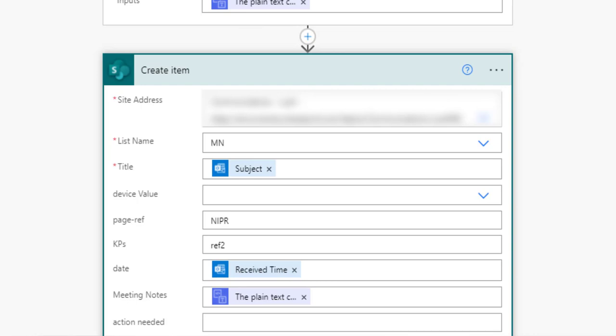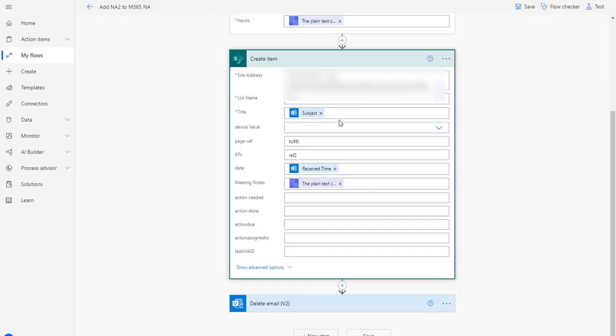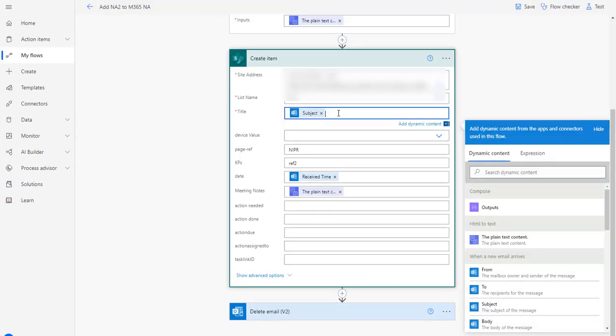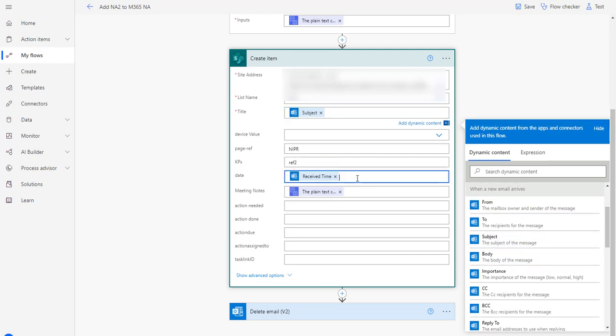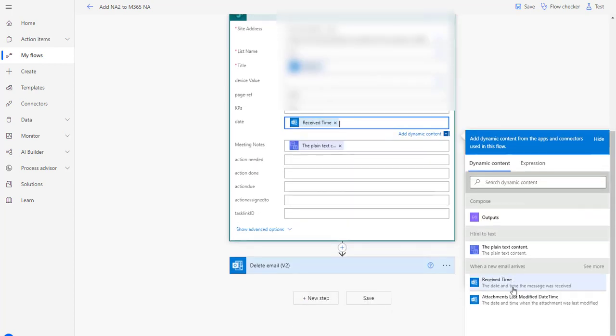So let's go ahead and take a look at this a little bit closer. When we add these fields here, we're just clicking here and saying, what do we need to add? In this case, I hit subject. In this case, I hit receive time. Now notice the Outlook icon there, because these are coming from Outlook.